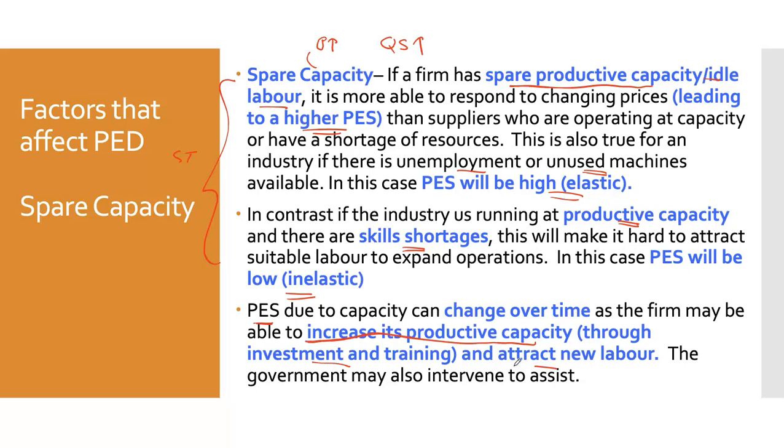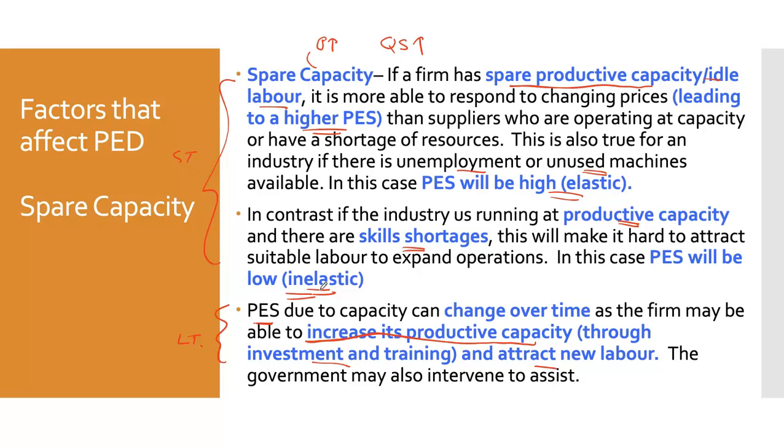Governments might even intervene to assist, but that is more a short-term play. So we recognise that sometimes industries and businesses that started off being inelastic because of no capacity will do investment and look to ways in the long term to increase their capacity to become more elastic and take advantage of